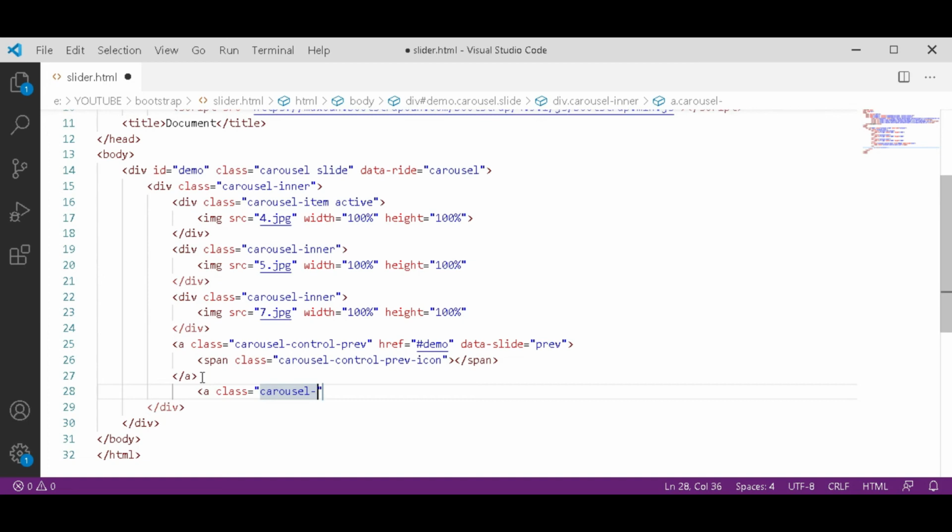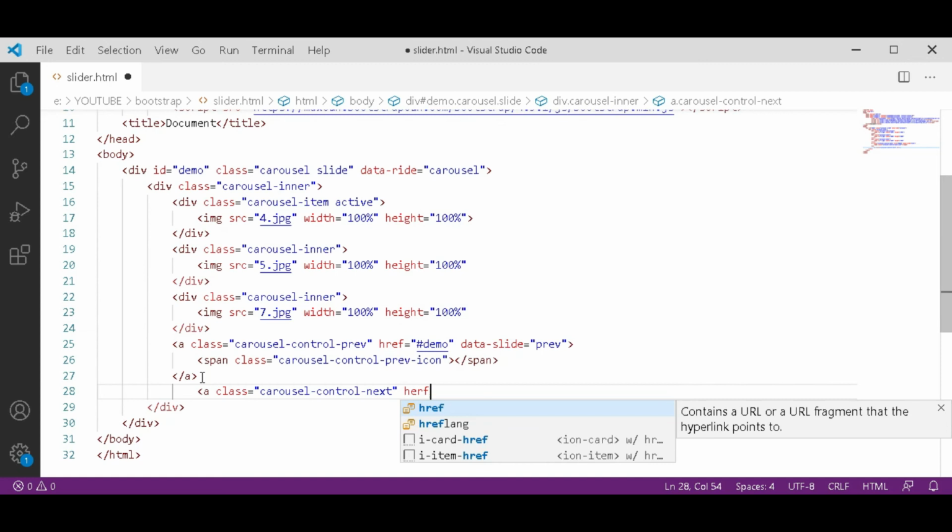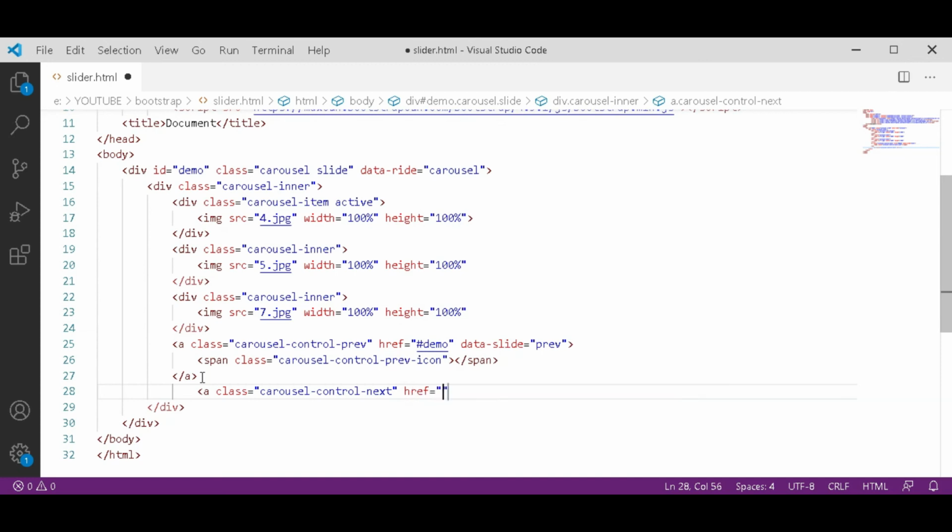Carousel-control-next for the next icon. Same as above. If you don't type demo here, you have to type the same word here and here, which you typed first.